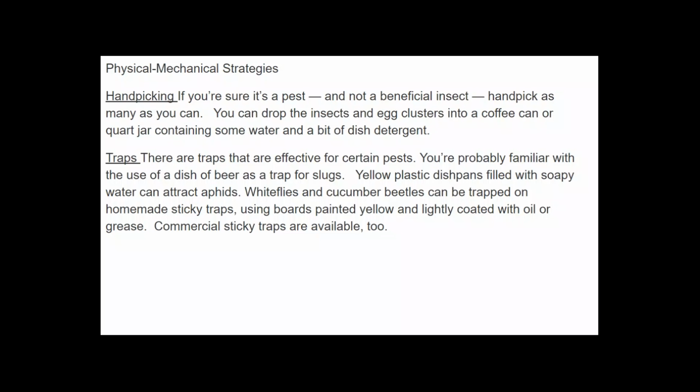So this one said you're probably familiar with the use of a dish of beer as a trap for slugs. I'm not too sure that many people know that, but it's something you could use. Then yellow plastic dish pans filled with soapy water can attract aphids and get rid of them. Whiteflies and cucumber beetles can be trapped on homemade sticky traps